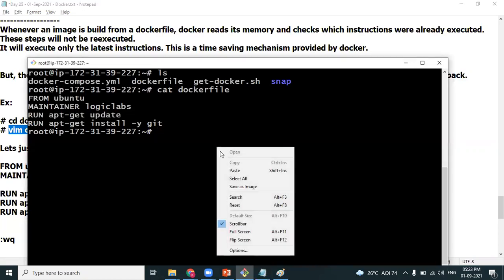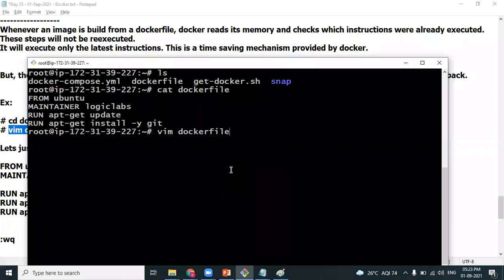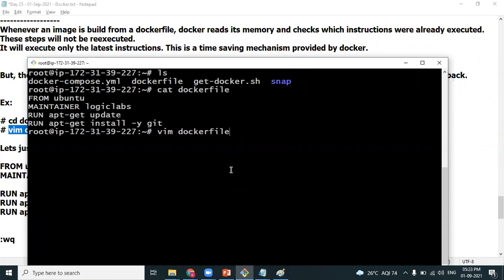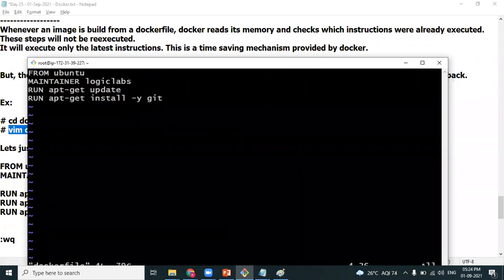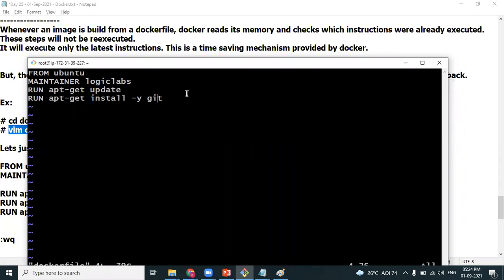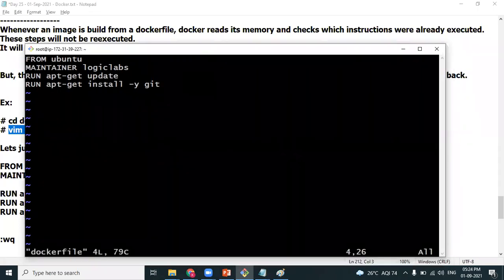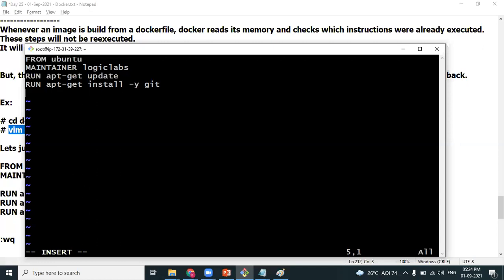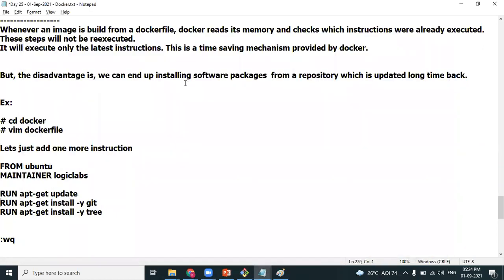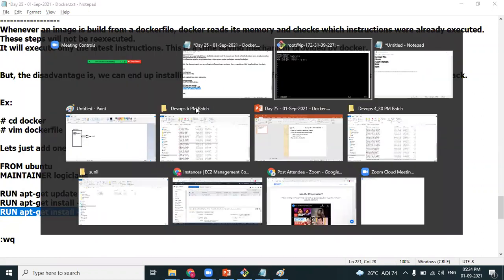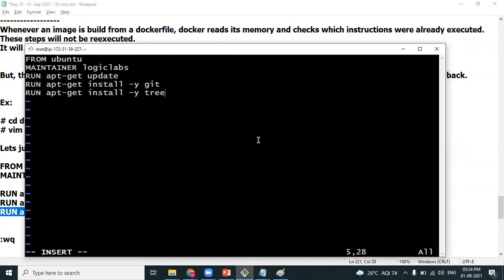I am opening the Dockerfile, and then I am adding one more instruction, that is the tree command.